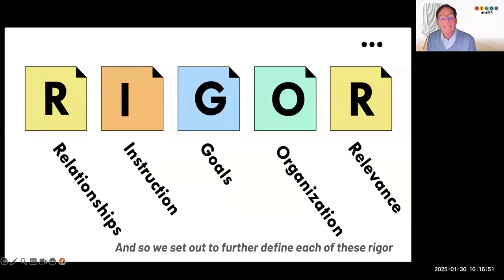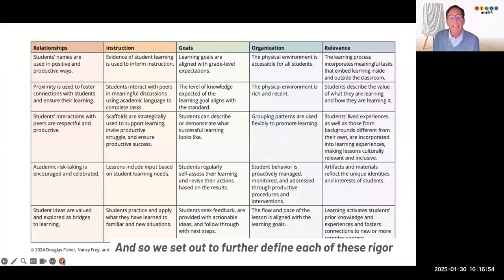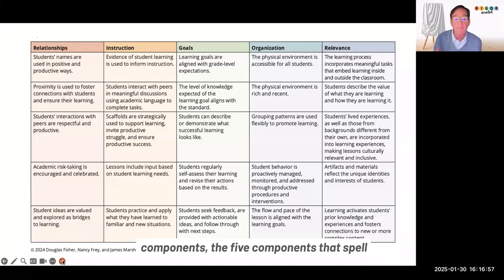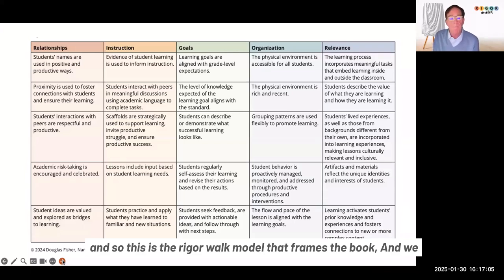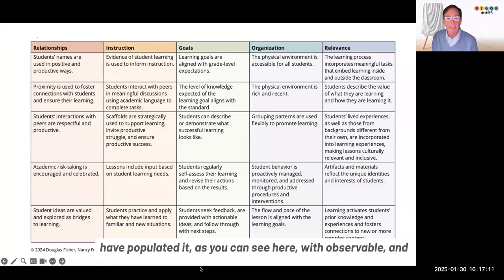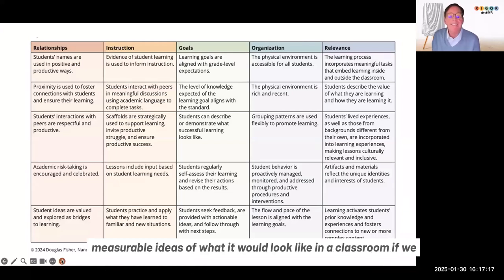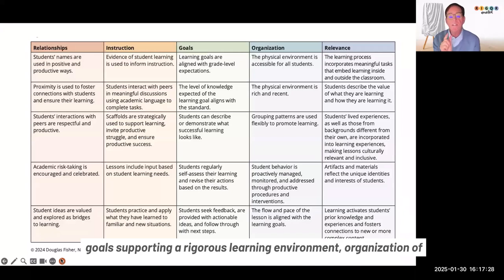And so we set out to further define each of these rigor components, the 5 components that spell rigor, with 5 indicators each. And so this is the rigor walk model that frames the book. And we have populated it, as you can see here, with observable and measurable ideas of what it would look like in a classroom if we walked in and saw relationships happening, rigorous instruction, goals supporting a rigorous learning environment,